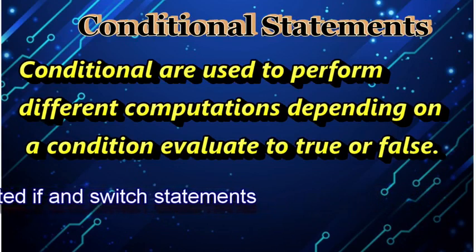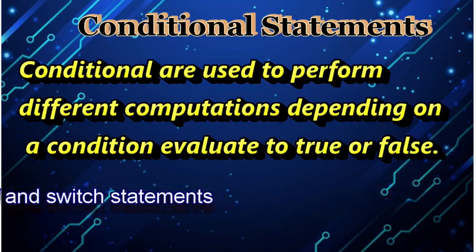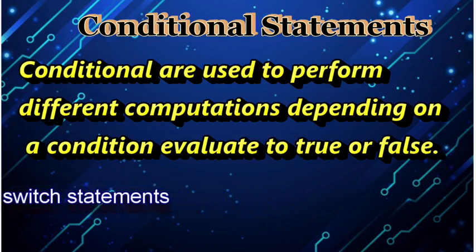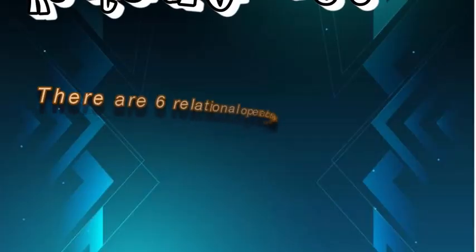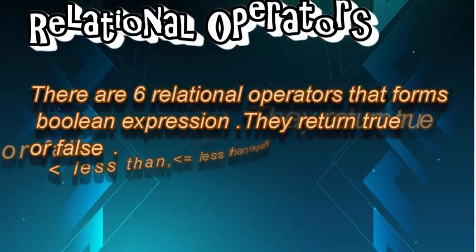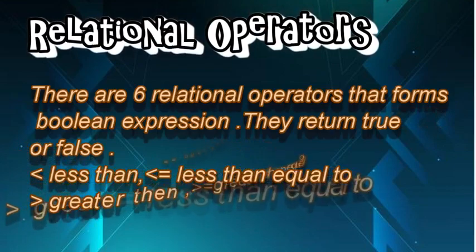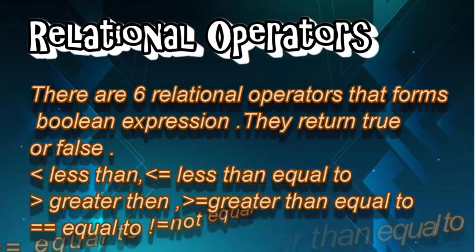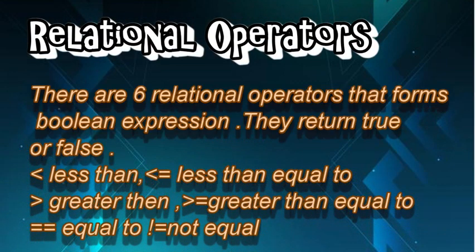You can see all around in your surroundings that there are different conditions that work upon a particular thing. When we are talking about conditional statements in C, we have if, else if, nested if and the switch statement. We are going to discuss these one by one with the help of a program. It works upon the principle that the condition will be either true or false. Working upon that principle, we require some operators. The operators that we use for that are less than, less than or equal to, greater than, greater than or equal to, equal to and not equal to. These are the six kinds of relational operators that we are going to use in different conditions.